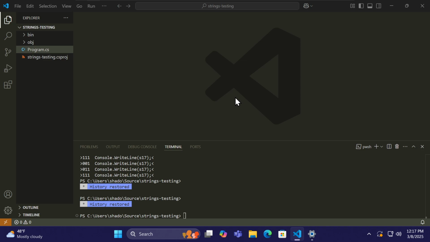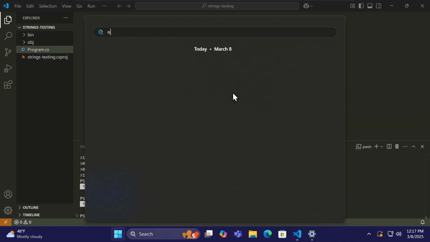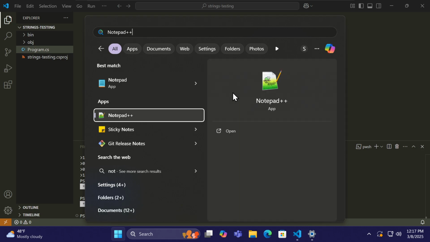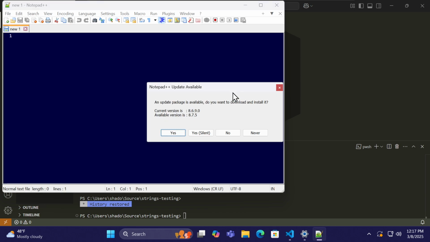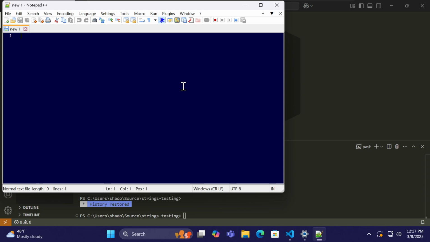So, in C Sharp, an array is basically a set of variables. You can have that in most programming languages, not just C Sharp. Normally we've had something like